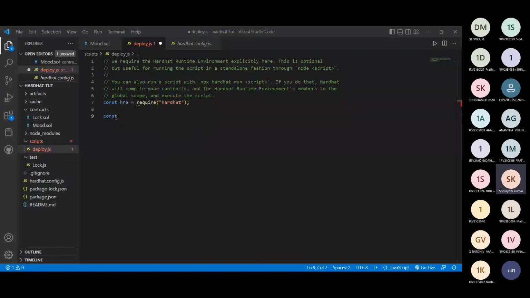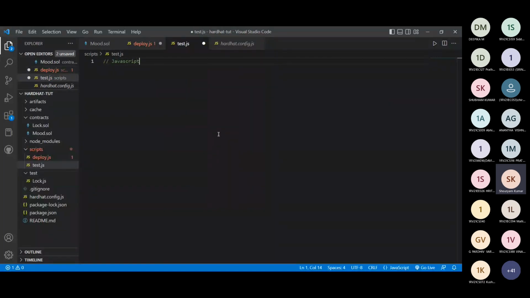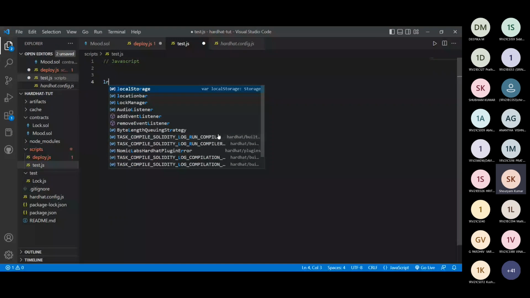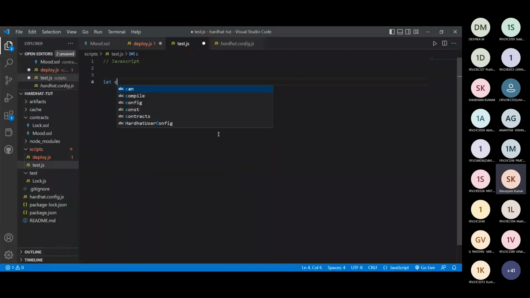So what we do is we are going to create another file in here, and we'll call it test.js. JavaScript is actually a very dynamic and vibrant language. So how you create variables in JavaScript is you can use let, var is equals to